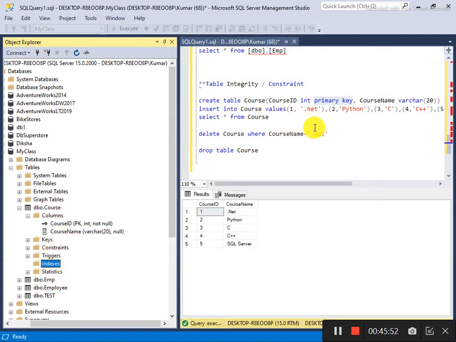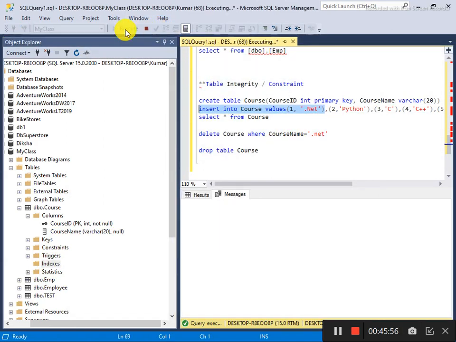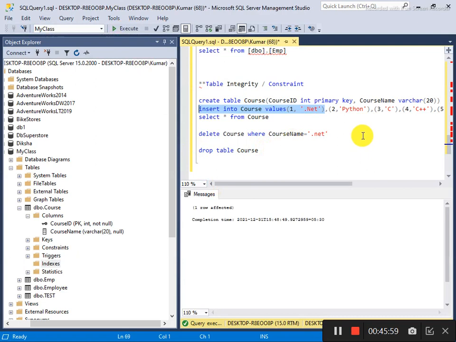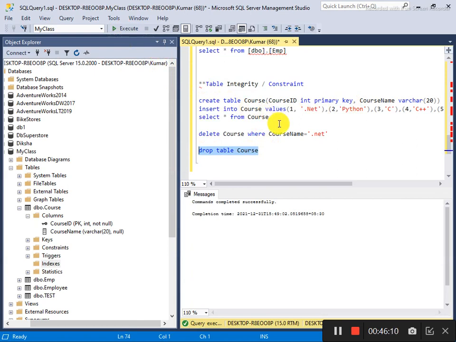This time I can make a duplicate entry here because the primary key has been deleted. So you see that I have made a duplicate entry.